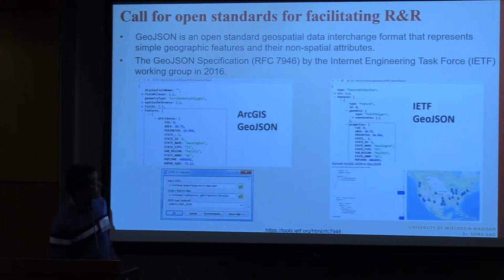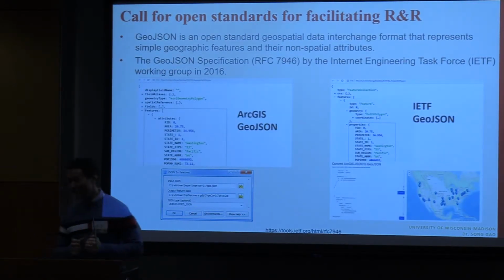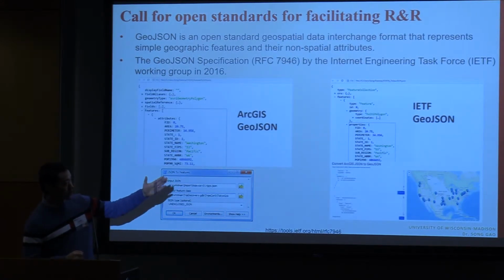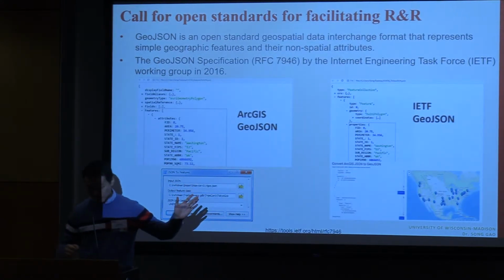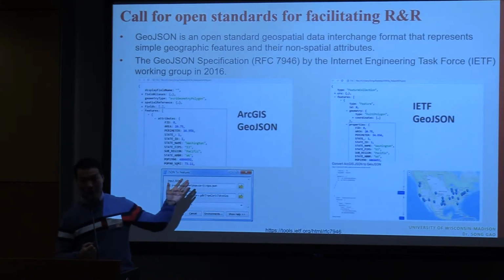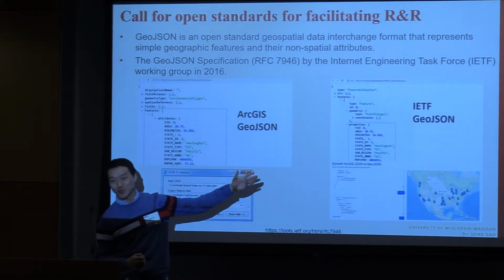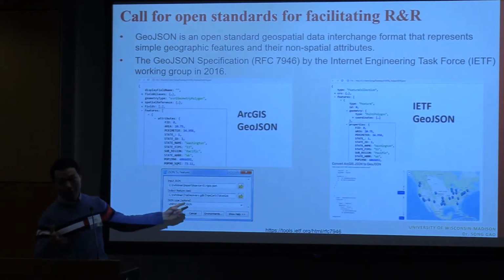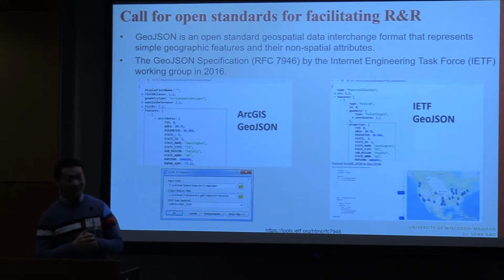So this is why, for me, I call for open standards. This is for one reason. For example, recently I'm developing a geospatial big data class at my university, and one issue we found is that, for those of you working on big data, most of the data format you want to find is JSON objects, and for the geospatial world we have ArcGIS JSON. Actually, S3 also supports OpenGeoJSON, as does ArcGIS Online. But we found there is one tool, for example in the desktop specifically, where if we pull the